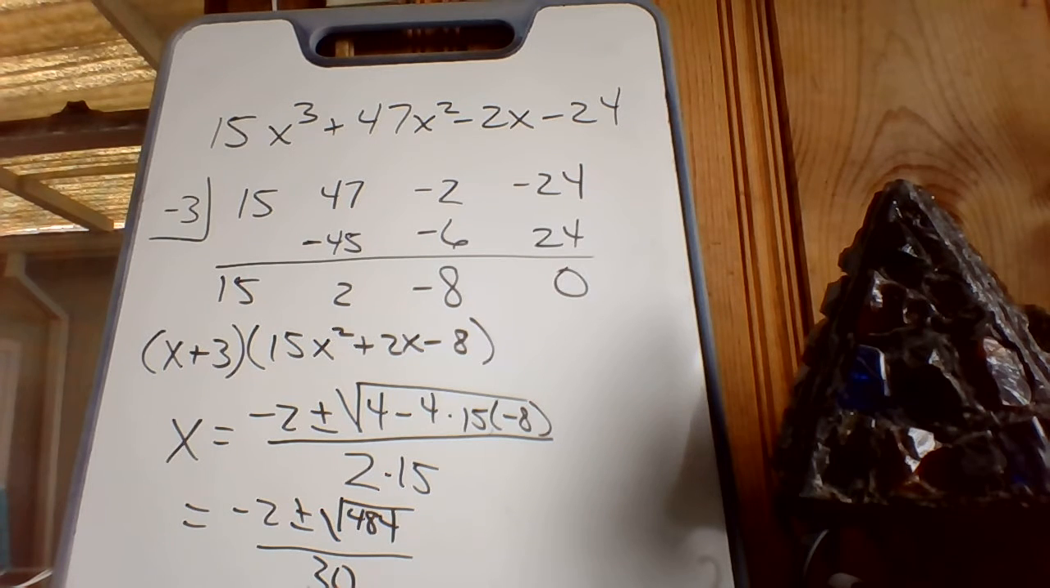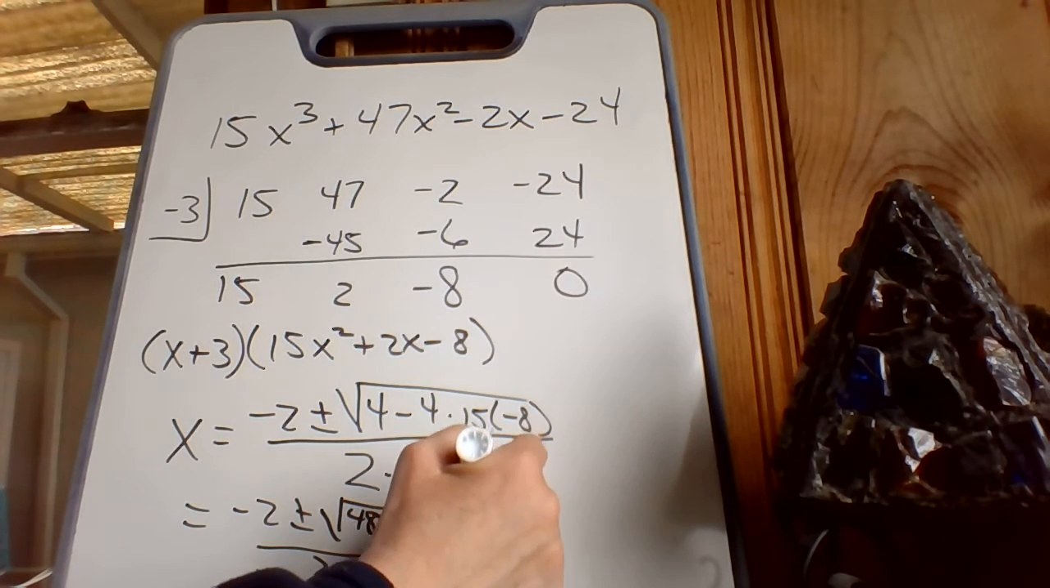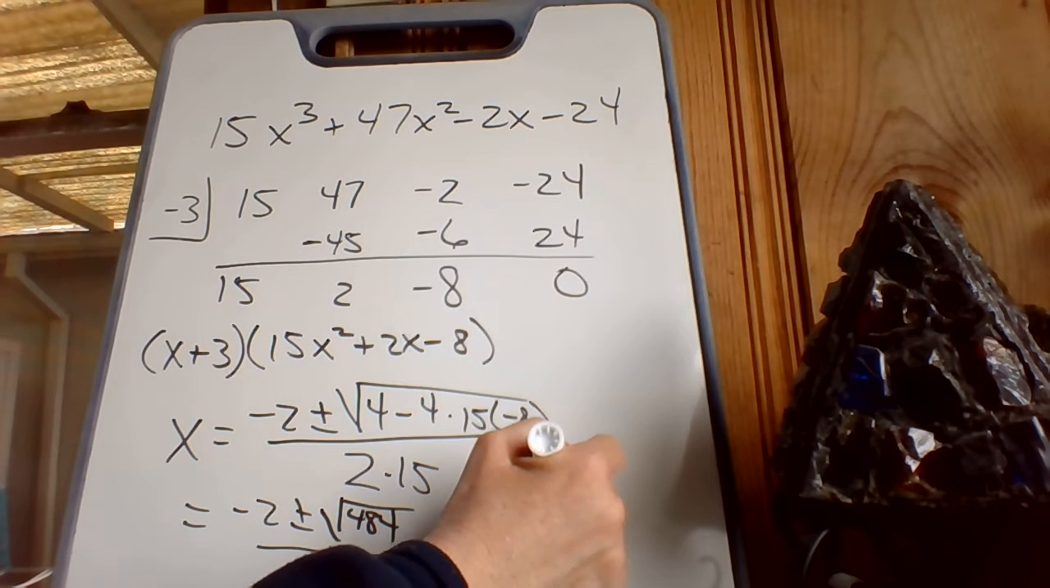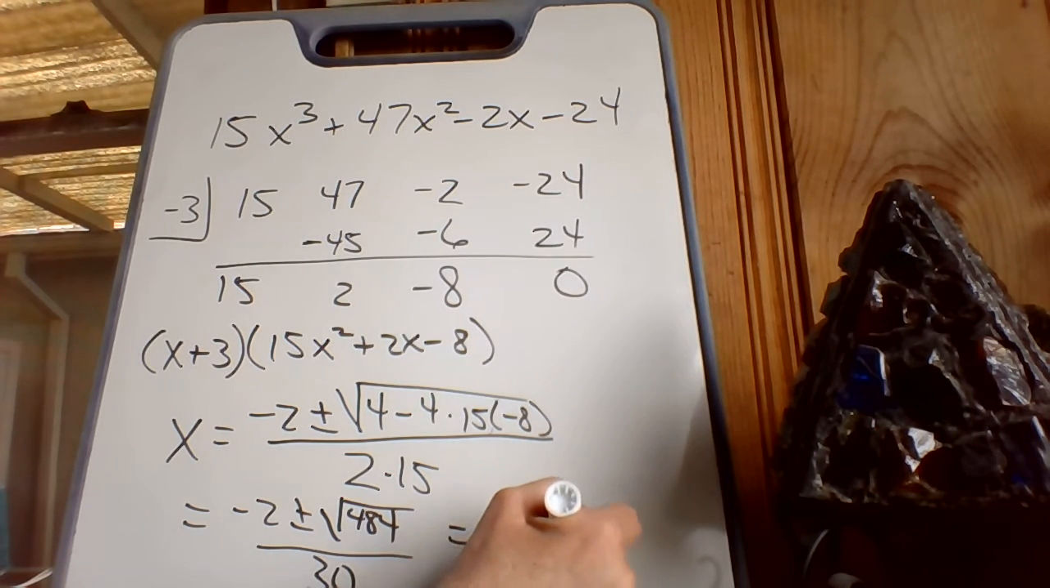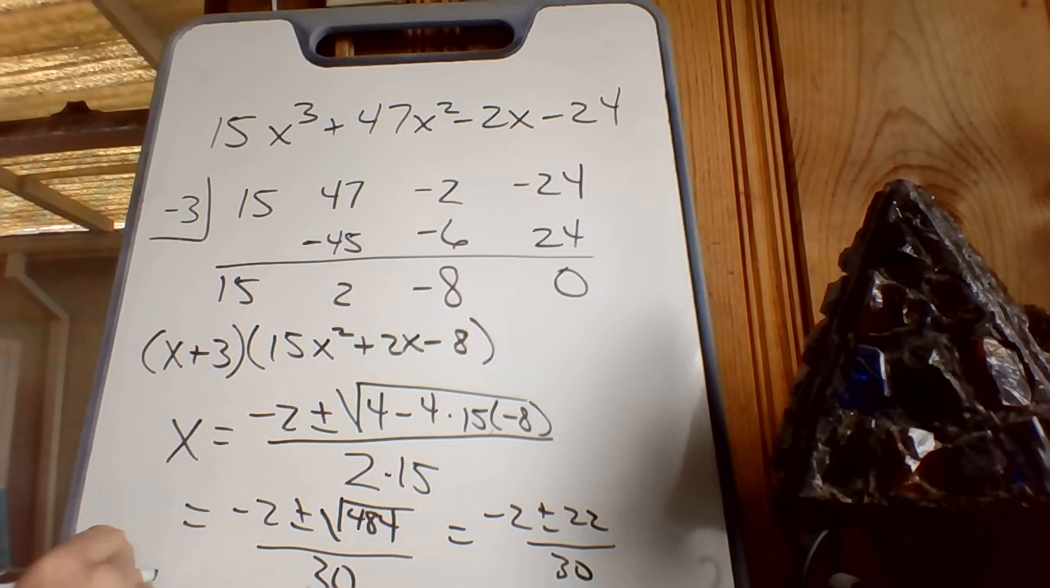And the square root of 484 is 22. So negative 2 plus and minus 22 all over 30. If I take the plus, that's 20 over 30. If I take the minus, that's negative 24 over 30. So this one reduces down to 2/3, and this one reduces down to negative 4/5. So there's my answers. X equals negative 3, x equals 2/3, x equals negative 4/5. I got more problems, but